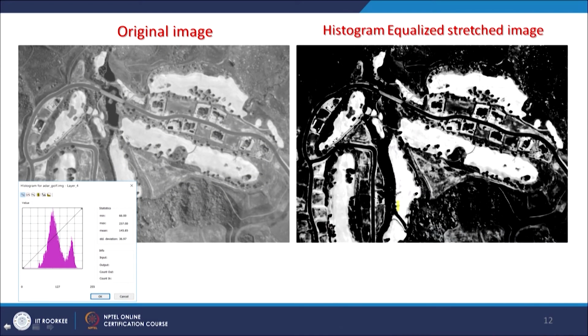Here again, the original image and the histogram equalized image, you can see the contrast. The best possible contrast can be created only through histogram equalization, if that is required. The only constraint is that if your image has very bright areas and very dark areas, then do not go for histogram equalization. If the values are in the mid range